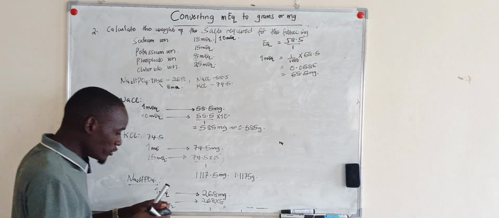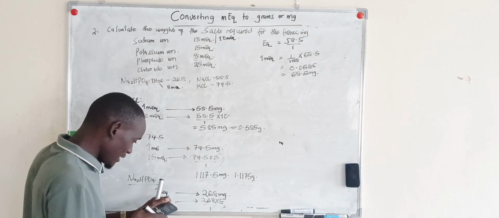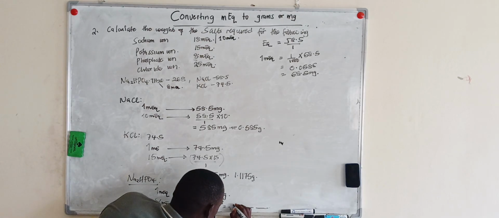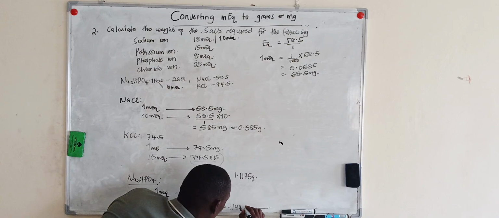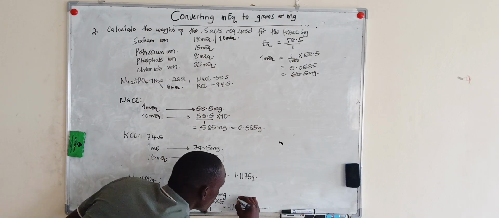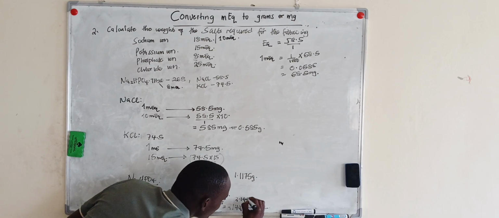And when we compute 268 times 8, we shall get 2144 milligrams. When you convert this to grams, we simply divide by 1000, and we shall get